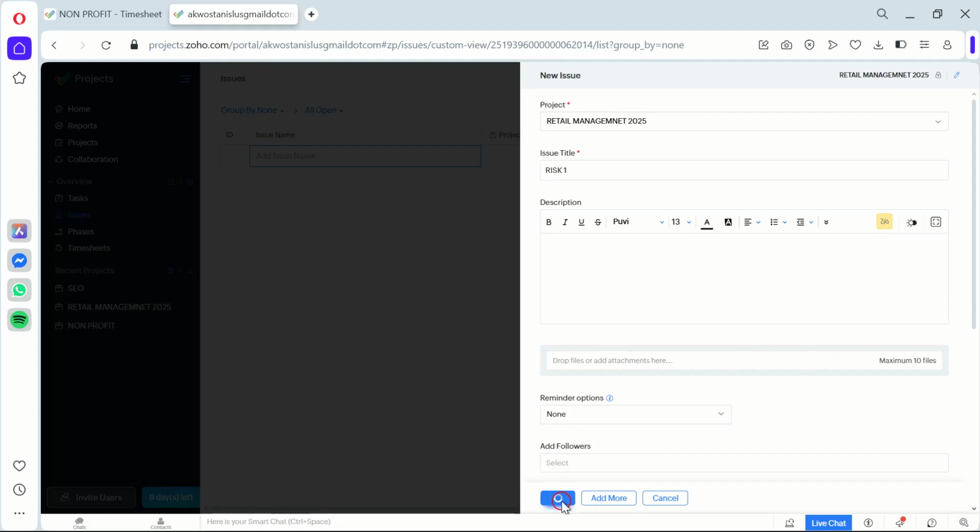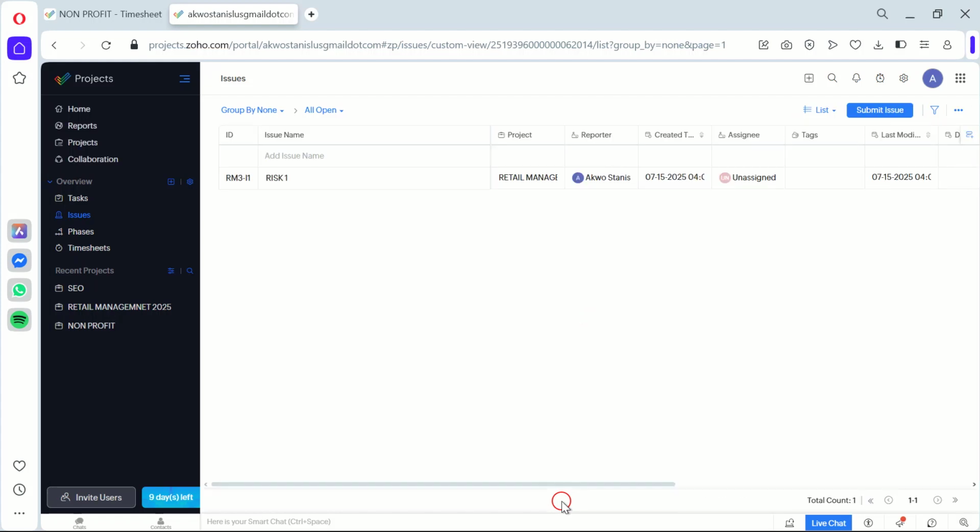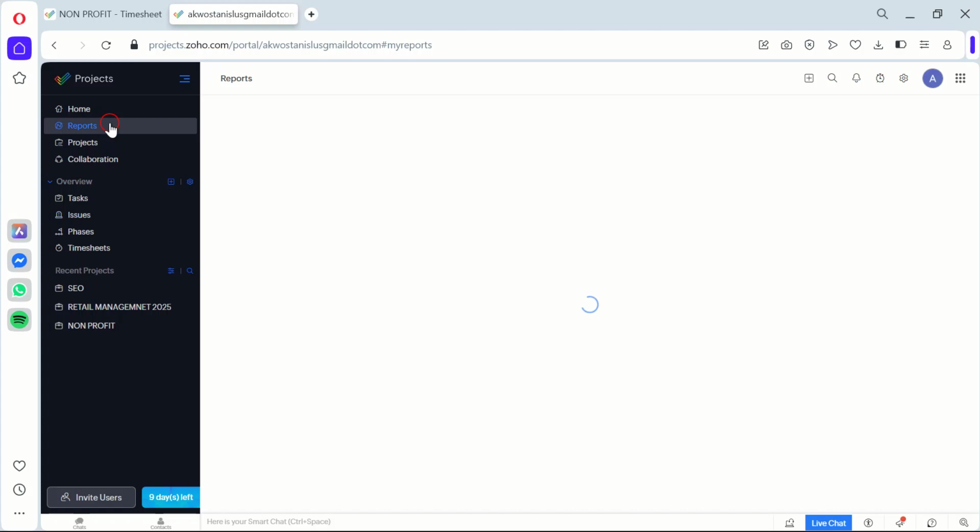Finally, don't forget to use the Reports feature. Zoho Project generates comprehensive risk reports that provide a holistic view of all the risks identified, their status, and the effectiveness of the mitigation plans. This is crucial as it allows you to assess the overall risk profile of your project and make informed decisions